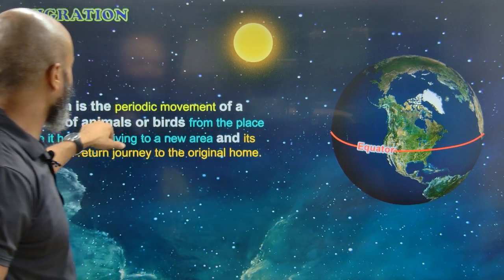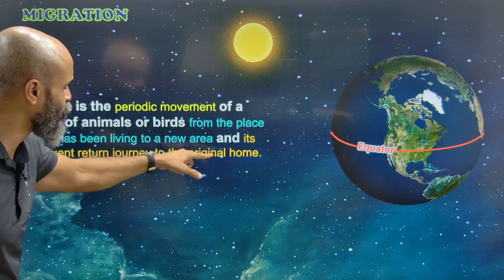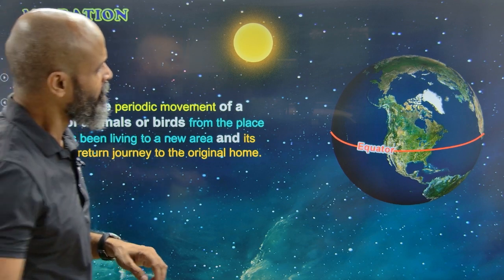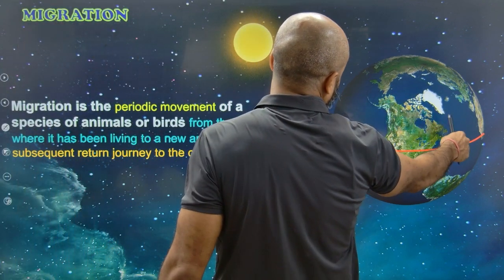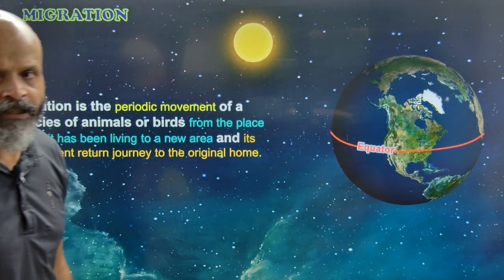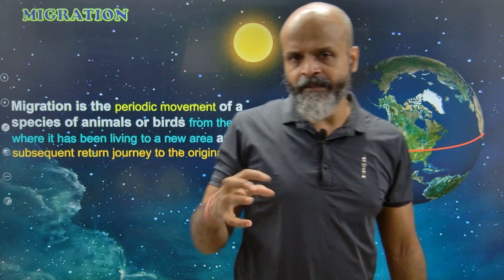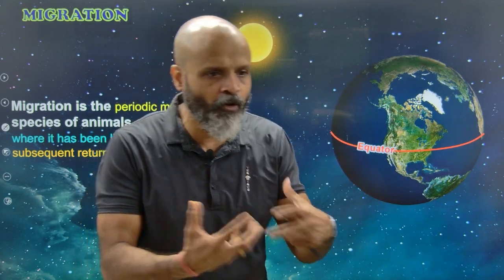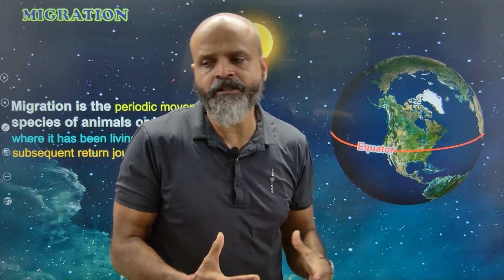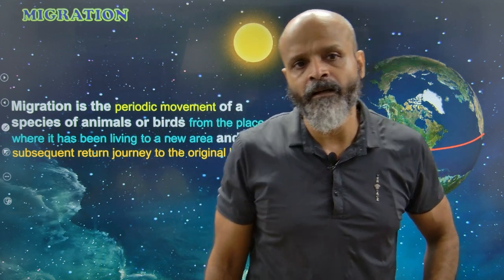Okay, so periodic movement of a species of animals or birds from the place where it has been living to a new area, and its subsequent return journey to the original home. So it moves from one place to another, stays there for some time, and then again comes back to its native place. The reason why this happens is because either in the native place the climate is going to change, or there are not enough resources in the native place for them to sustain themselves. For example, in